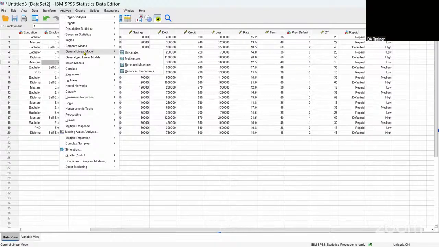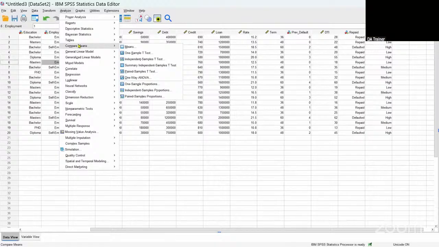Does average income of every customer affect those who pay their loans and those who don't pay? So these are few t-test samples that we can compare. Very simple. Just come here, analyze, and then come straight to compare means,